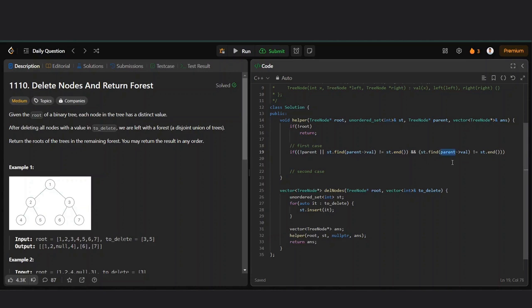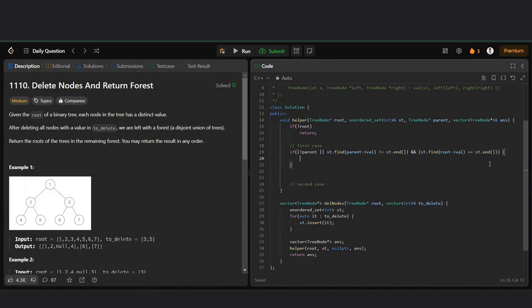If the root value is not equal to end, it means we have not found any value in the set. So the current value is not present in the set. That means we do not need to delete the current parent, so it will be the new head. So what we will do, we just answer dot use the